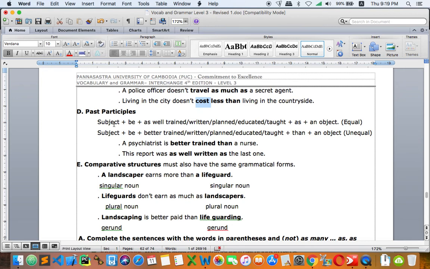So we have forms. Subject, be, as well, train, written, plan, educated, taught. Actually, you can change the verbs right here. But I just want to tell you these are past participles, or you can say verb 3. Okay, and you can use "well" right here or not, it depends, because with "well" you want to give more emphasis